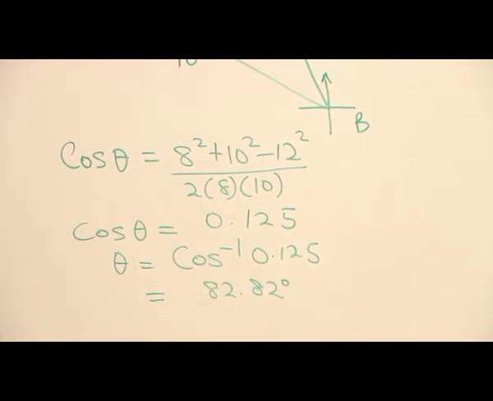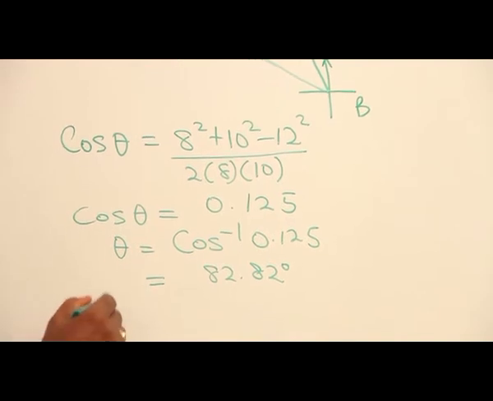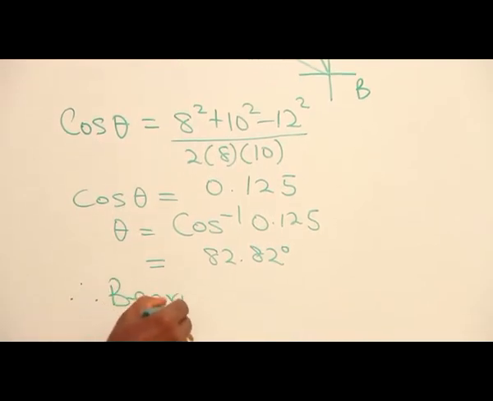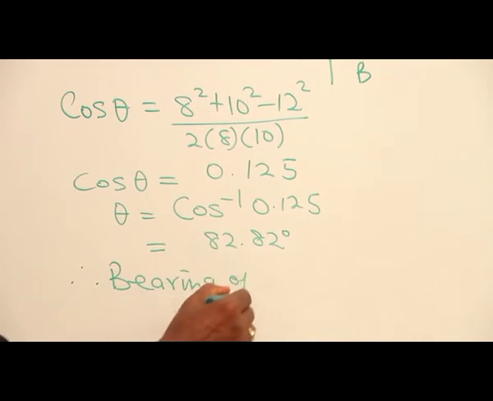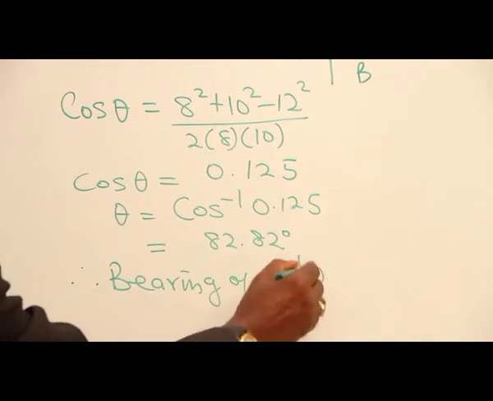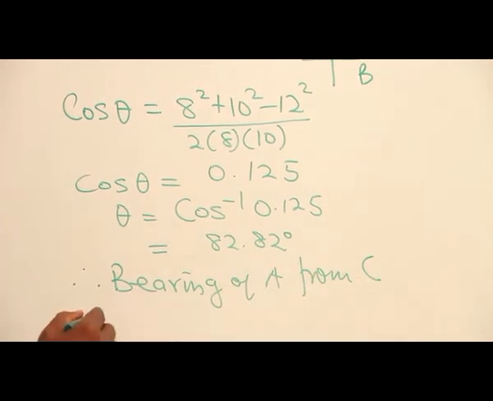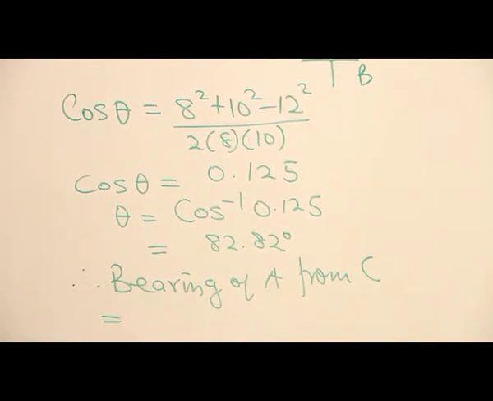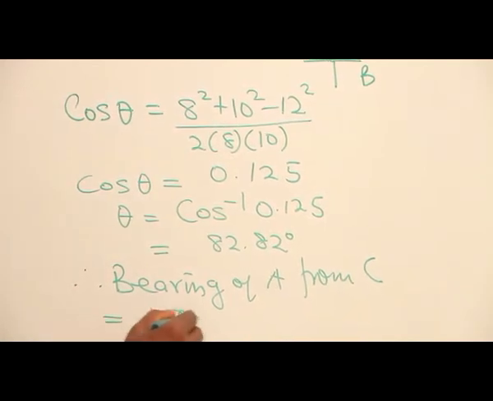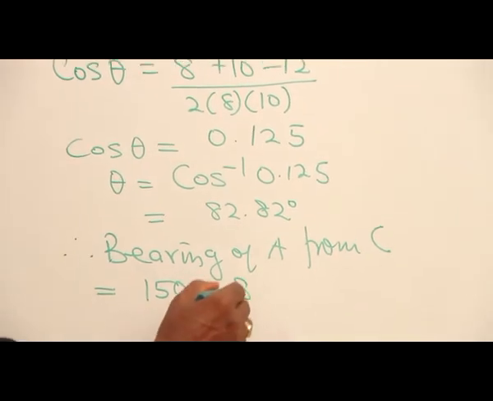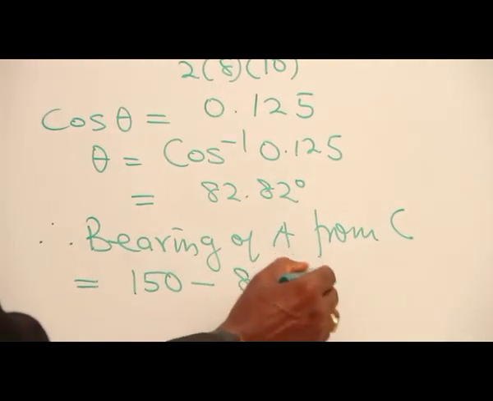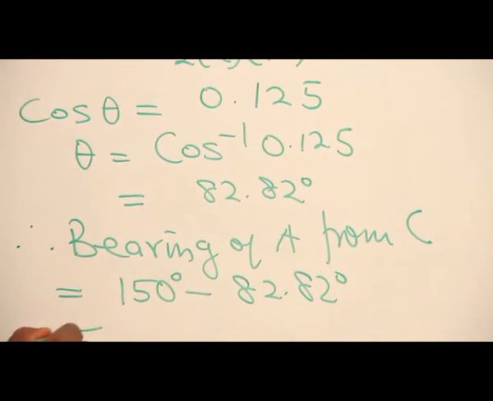Now that you have known that, we therefore say that the bearing of A from C is equal to 150 minus 82.82 degrees. And then this will give you